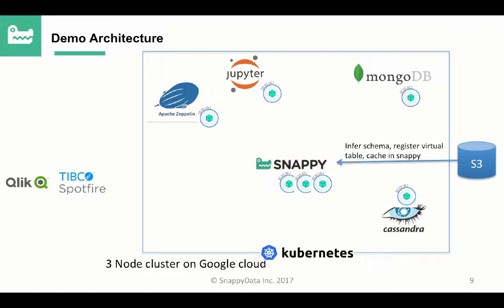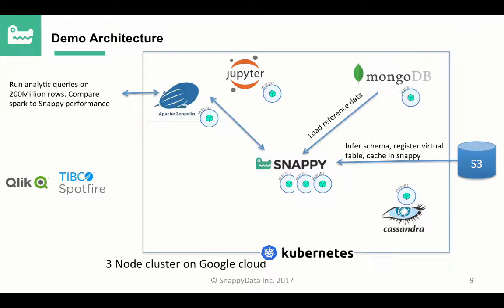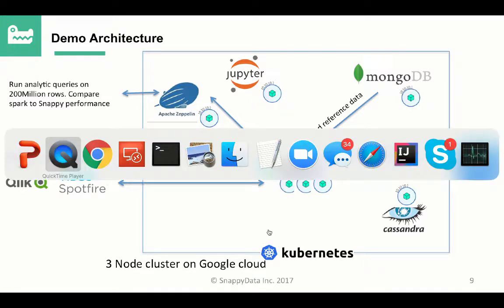So we point to that data, we infer the schema, register it as virtual tables in Snappy, and of course cache it in Snappy. Then we also get some additional data from MongoDB. In this case, we get airline reference data from MongoDB. Then, as I mentioned before, we will run one or more notebooks to do simple analytics, essentially analytical queries on this data set. And finally, we will show you the use of Spotfire. All right, so with that, let us look at